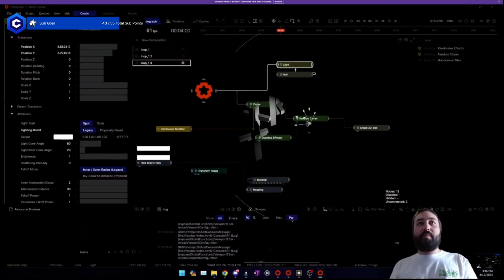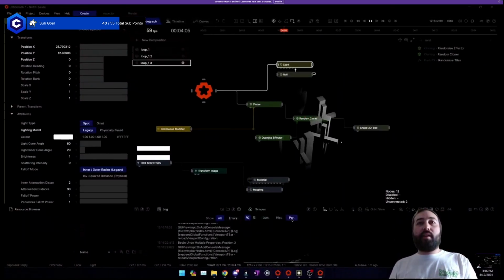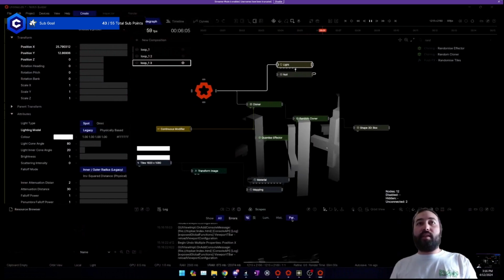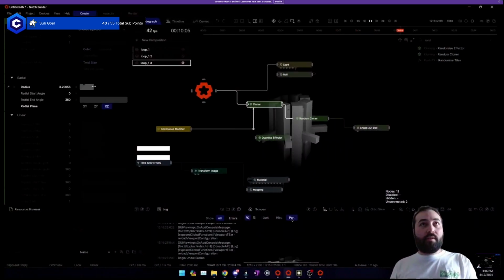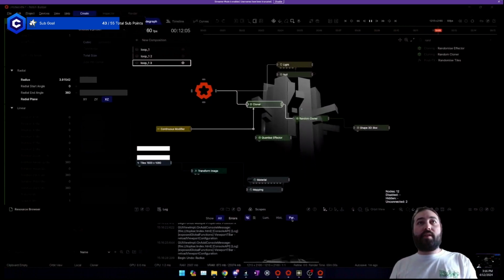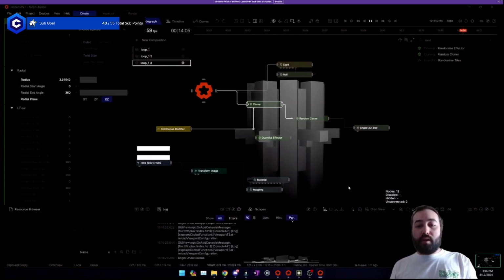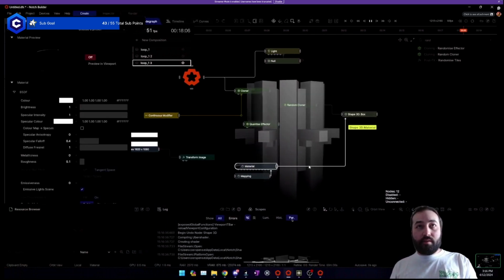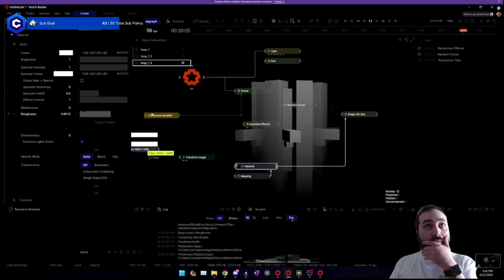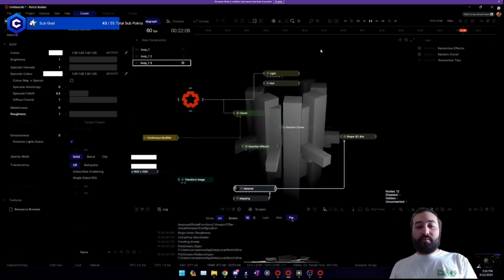I'm going to add the lighting back. And let's see, now I'm just going to tweak this until we get it somewhere where it looks kind of cool. Let's try this. I'm going to change the material a bit. It always blows my mind how quickly things in TouchDesigner just render right in front of you.